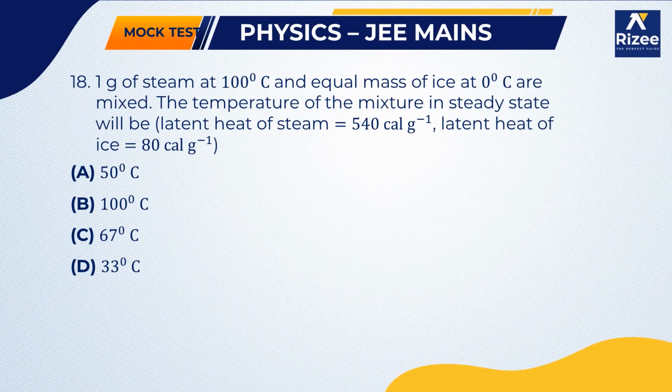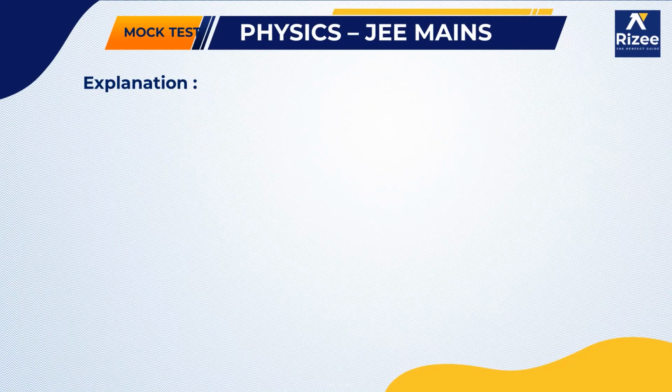When 1 gram of steam at 100 degrees centigrade is mixed with ice at 0 degrees centigrade, the temperature of the mixture under steady state he is asking now. So coming to the calculation point of view, for ice which is at 0 degrees, to convert, that is mL. So first step, ice will be converting from ice to water. For that one, 1 into 80, so it requires 80 calories.